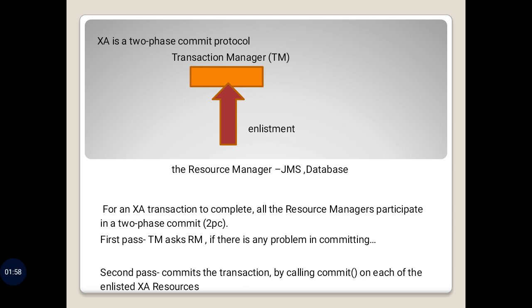So the transaction manager is going to have a list of resource managers underneath it. In the global transaction, that is the XA transaction, the transaction manager is going to coordinate with all the resource managers if any transaction is involved. For example, if you have one resource manager which is going to do some transaction, the transaction manager is going to ask all the resource managers if they are okay with the particular transaction happening. And if they are okay, then it is going to commit,